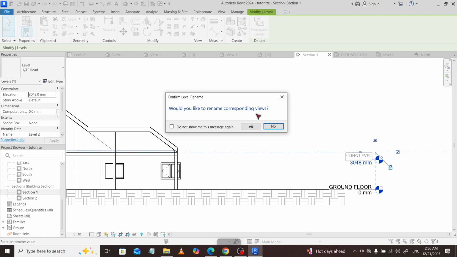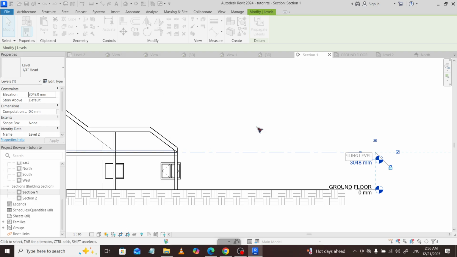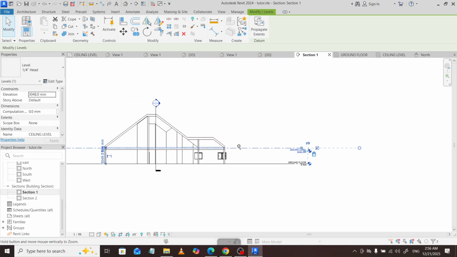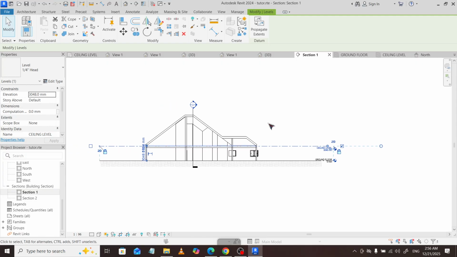When you're done, review your project browser to verify the result. Either your views now match the new level name or they remain as they were, depending on your selection. That's it. By working in a vertical view, selecting the level label, typing a clear new name, and making an informed choice about renaming associated views, you